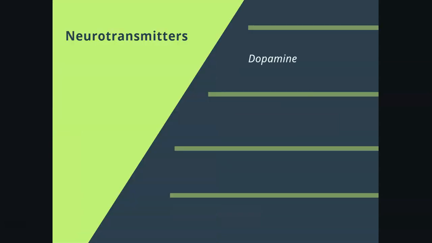So what about the neurotransmitters? The dysregulation of several neurotransmitters plays a role in bipolar disorder. With dopamine, elevated levels of dopamine are often observed during manic episodes, while reduced levels may be present during depressive episodes. The dopaminergic system's hyperactivity is thought to contribute to the euphoric and energetic states that are characteristic of mania.